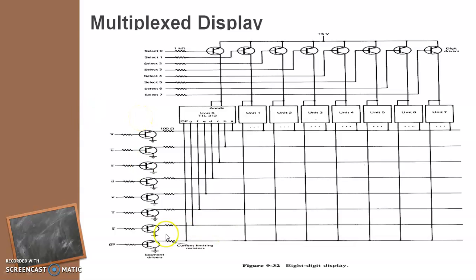A 7 segment display is mostly used for numericals, and if you want to use it for alphabets as well as numericals, then we can go for an alphanumeric display. Or if you want the capital letters and even the small letters to be displayed, or different characters of different languages, you can go with a 5x7 matrix LED display.